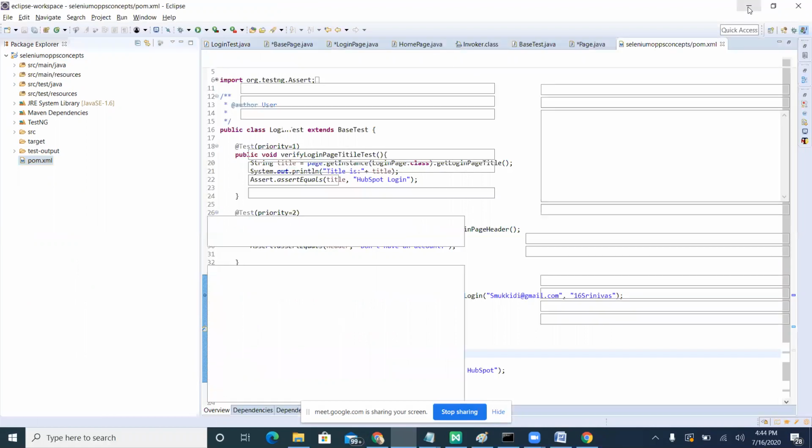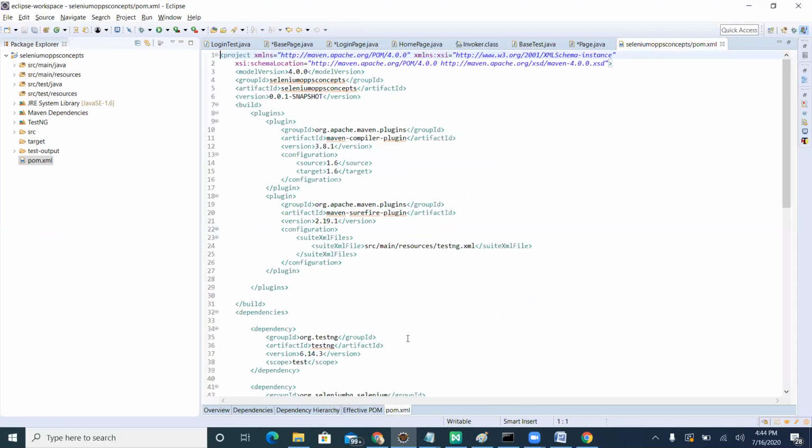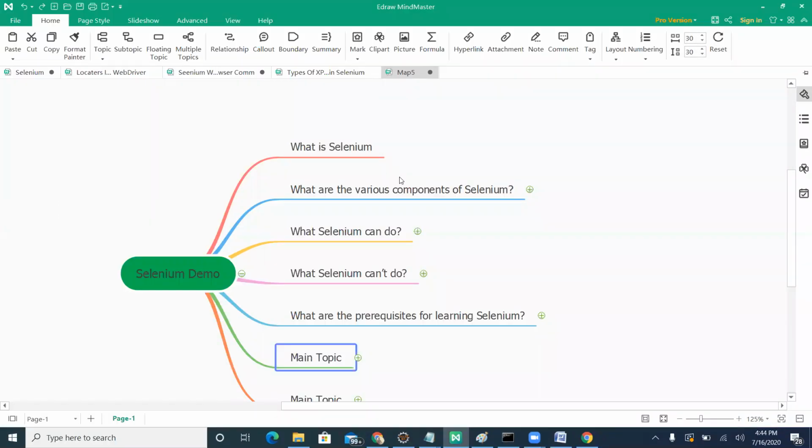And WebDriver again is an interface, where you can declare this WebDriver and start working on it using an instance variable. I'll show you in a more practical way. It's a web-based automation tool. It will not support desktop and other areas. We'll discuss more about what it can do and what it cannot do in these two sections.